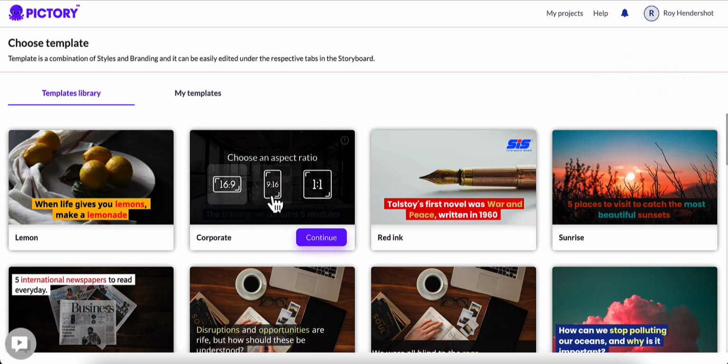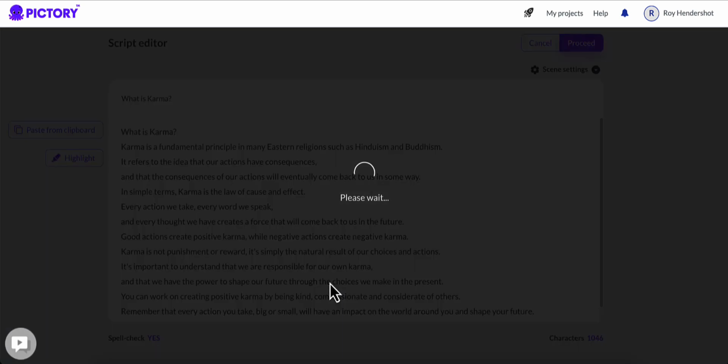You can also do an aspect ratio of 9:16. This is great for YouTube Shorts. Anything under a minute is a YouTube Short, and it will be great for YouTube Shorts and TikTok videos. And a 1:1 ratio is just a square, which looks like a perfect square, and that is good for Instagram videos. So I like to do the 9:16 because I like to put these on TikTok, and I'm going to go ahead and click continue.